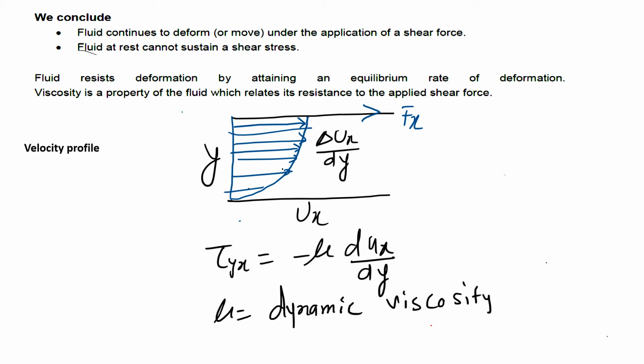So we had seen that when we apply a shear force on the top of a liquid, it deforms and there exists a shear stress. Shear stress travels from top to the bottom. At the top, the shear stress is higher, and it decreases as we move towards the bottom of the surface, where the shear stress is minimum, and it is zero at the solid boundary. So, shear stress propagates perpendicular to the surface of applied shear forces.